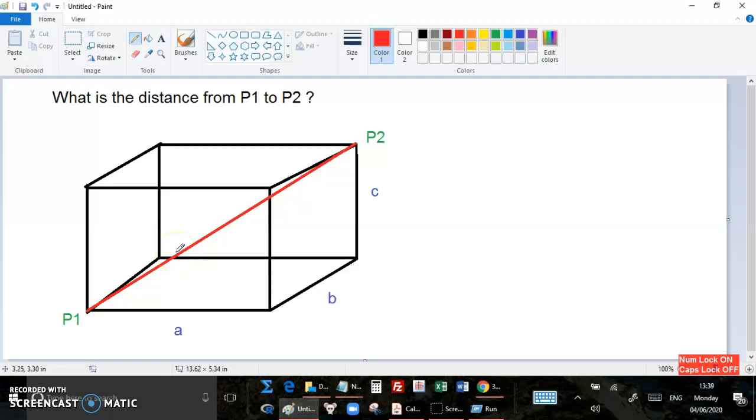All right, so we're going to use the Pythagorean theorem, and first we have to draw a triangle. Make that a little bit thicker. Here we go. So this is just a vertical line. That distance is length c right there. But then we have to draw an additional line, which is a diagonal of that bottom square right there. Now we don't know the distance of that line, so let's just call that d, because a, b, and c